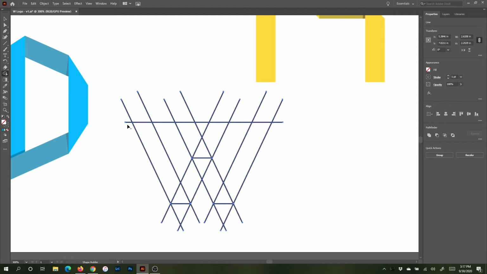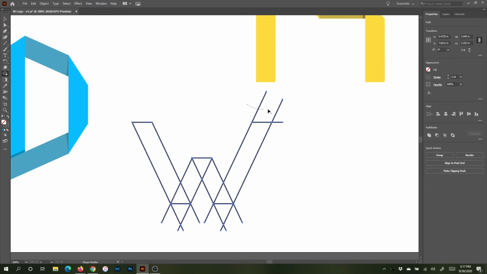So I'm going to hold down the Alt key so that I'm subtracting things, and I'm going to just start moving through everything that I don't want. You might have to strike through some things multiple times. Little bits get left over occasionally, and just kind of hover over them and click. Come through here, get rid of those. This. Right. Okay. So everything that was extra, I have gone now,